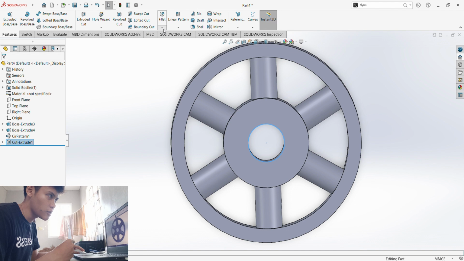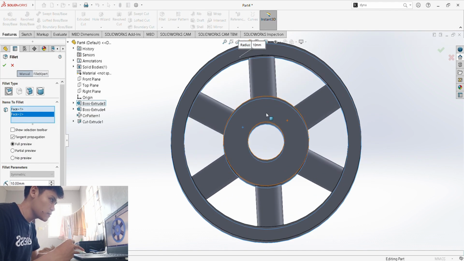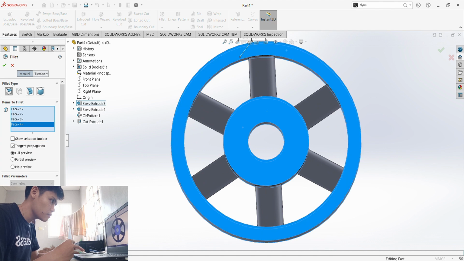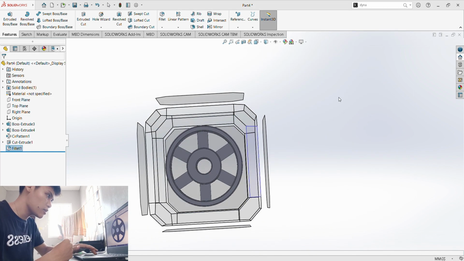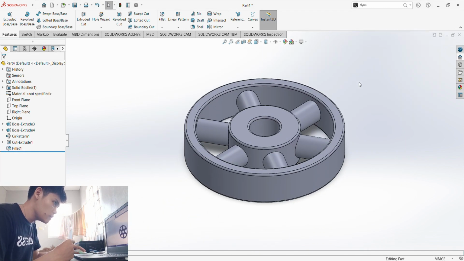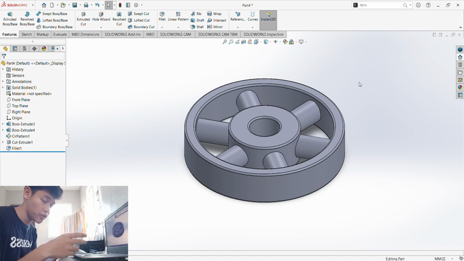And then next you just have to go to the fillet again, and then click the surface and make them 0.50. Check, go here, and that's the rotor wheel that we would be having for the demonstration of the movement of our end effector, or the claws of our end effector.